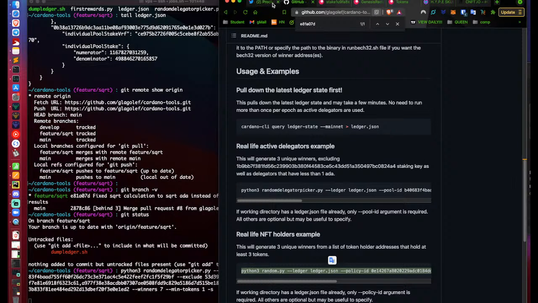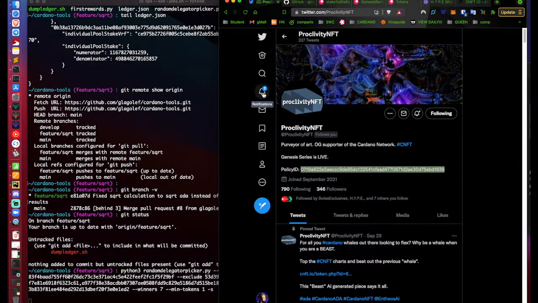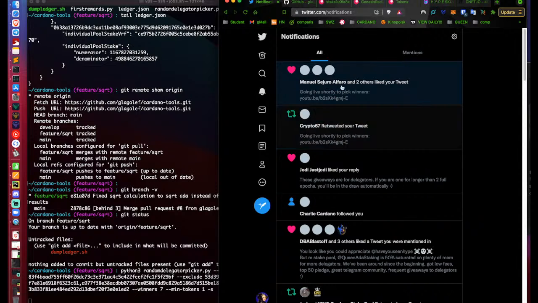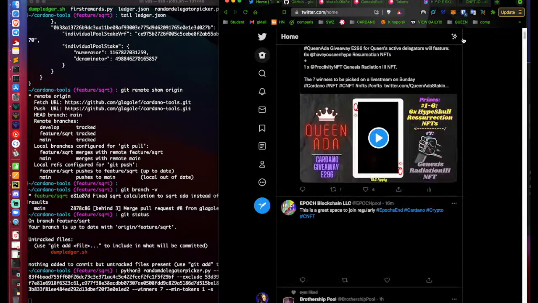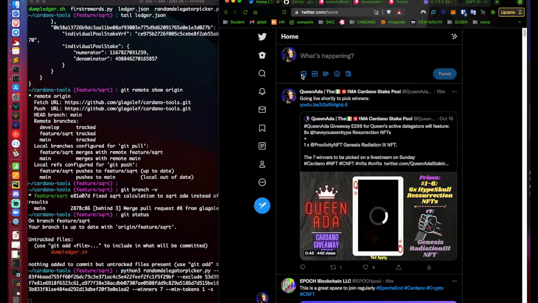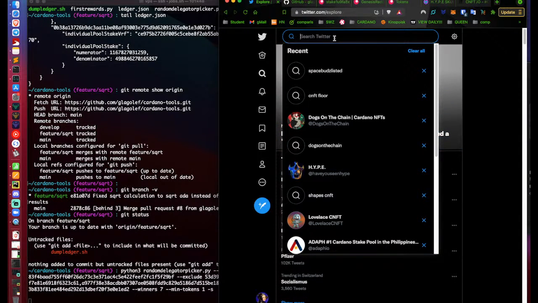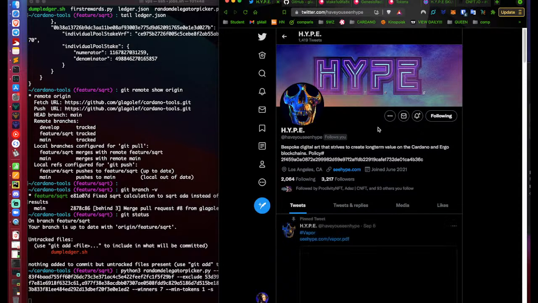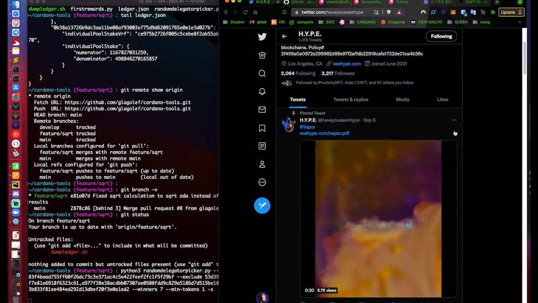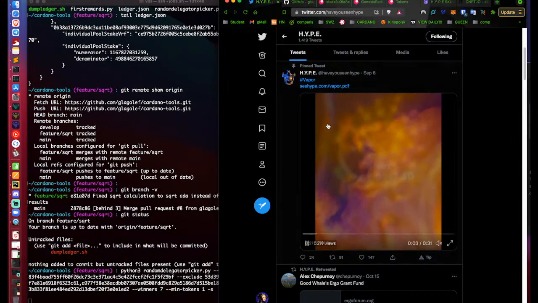Other cool thing with the HYPESKULLs, I mean, full disclosure, I bought a lot of them, so I really like the project. But another cool thing is there's only 1,500 of them compared to your general NFT collection or release. They usually release like 10,000 of them, or in some cases 30,000. In HYPESKULL's case, there was only 1,500, but there's going to be more in the future, released by the current skull owners.